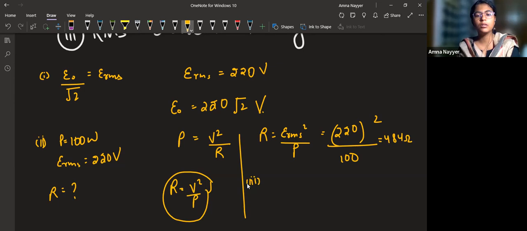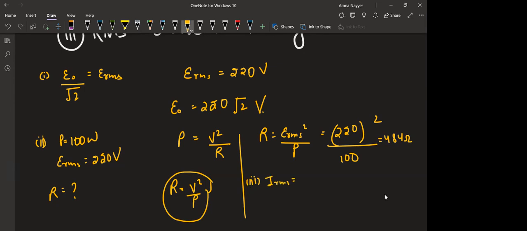Now for the third part as well, current is unknown, IRMS is unknown, so this will be ERMS divided by resistance. ERMS is 220, resistance is 484. This much of ampere is the